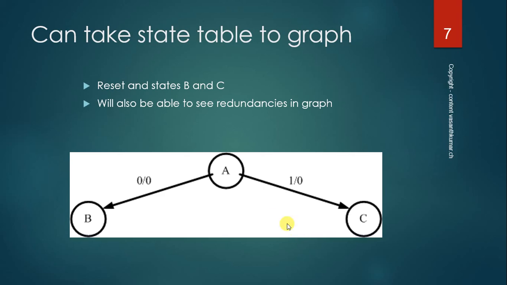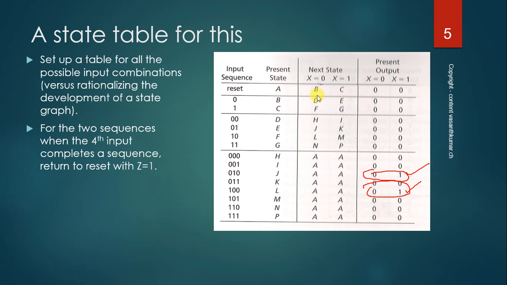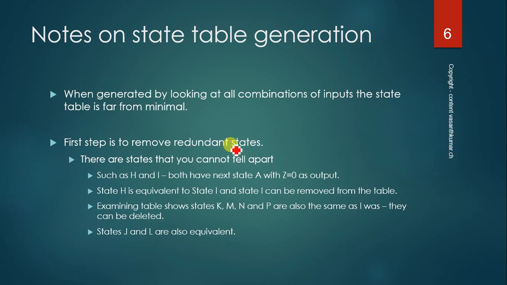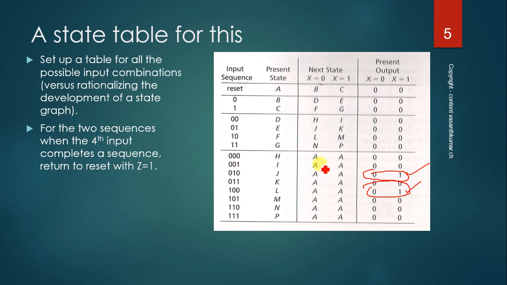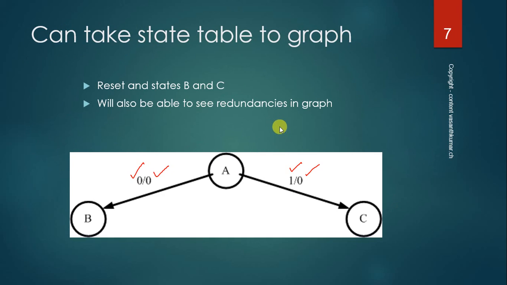Okay, now one state can take a table to a graph, this particular state which can take a table to a graph. For example, we have A and B. Let us assume in case of A, input is 0, output is also 0. In case of C, input is 1, output is 0. Have a look. So input is 1 in case of C, input is 0 in case of B. A is getting split up into 2, right? So first thing is you can take this table to a graph.